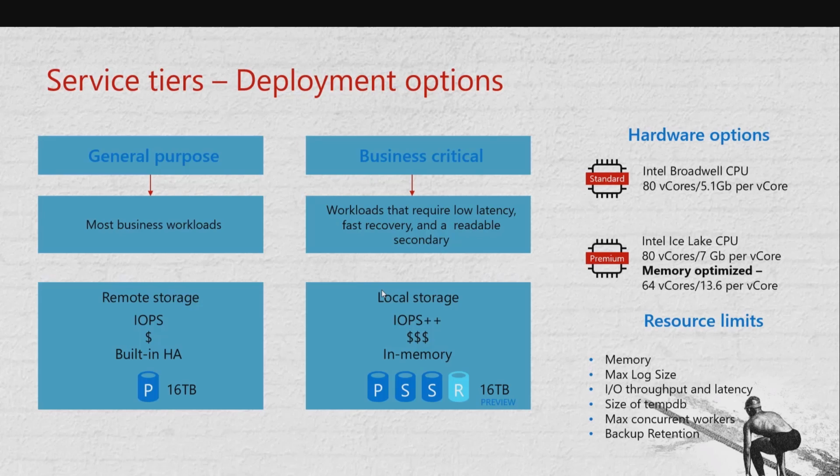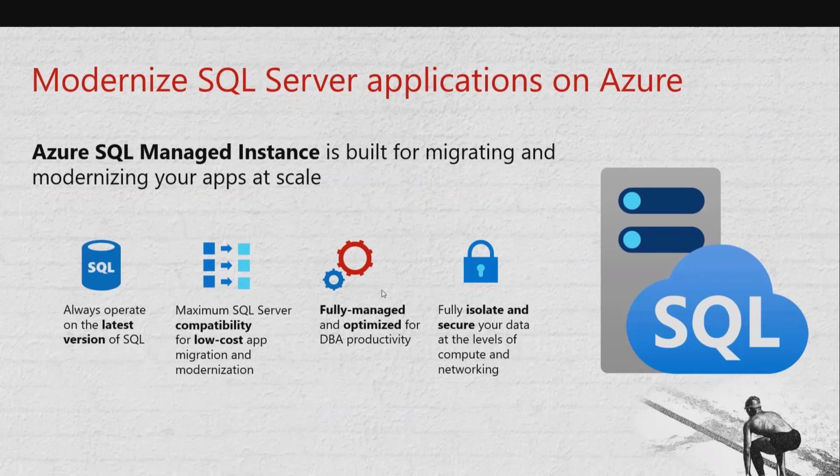So we give 24 gigabytes per CPU vCore. Should you need more space for your temporary database, you can have it by increasing the number of CPU vCores. Might not be what every customer does, but it gives not a fixed offer, but a flexibility. When you modernize a SQL Server application on Azure to managed instance, you get these advantages, like always operating